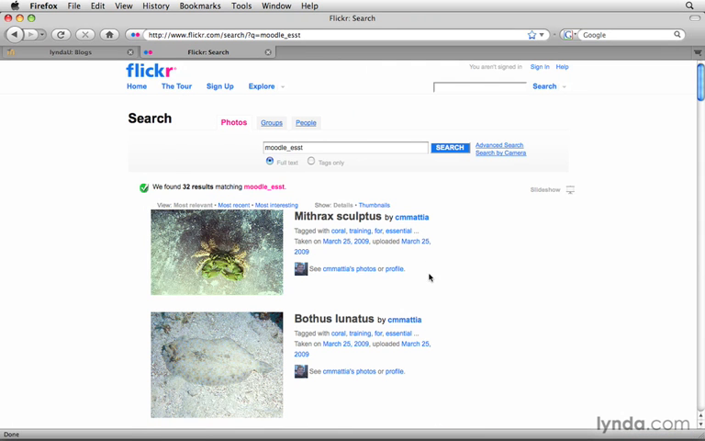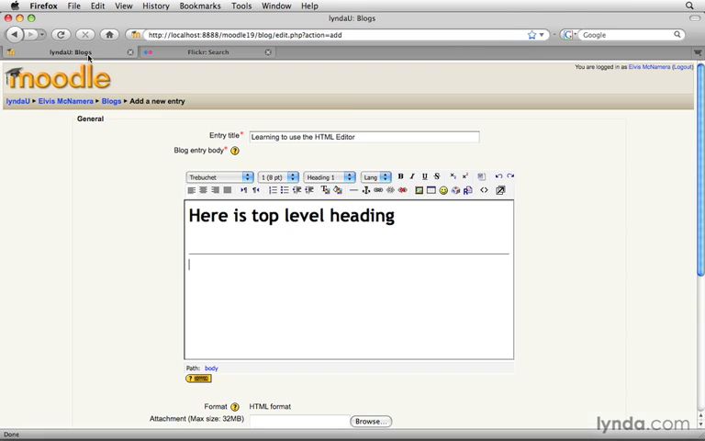Now I get a listing of a bunch of images that I've posted all related to the Moodle Essential Training Series. To link directly to all of these images, I'll just go ahead and select the whole URL at the top of the page and copy it with Command or Control-C. Then I'll come back over to the tab that has my blog entry in it, and I'll type in, here is a link to some content on Flickr